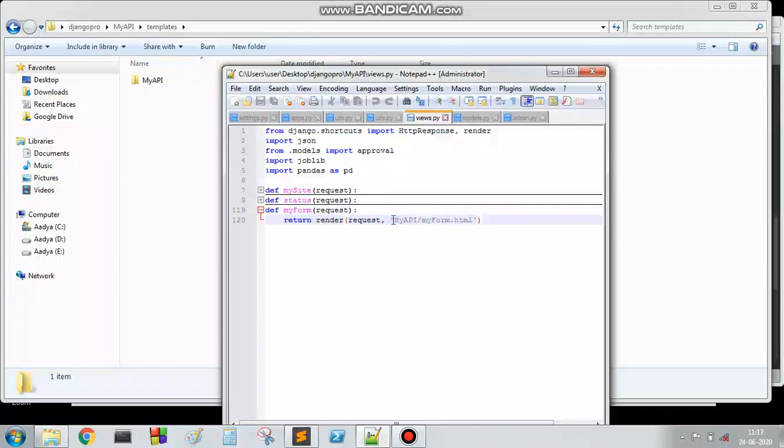That means this location is directly searched inside our templates folder. So it will go inside the my API folder, then it will go to my form.html. So we need to create a template inside my API. I think this is clear.